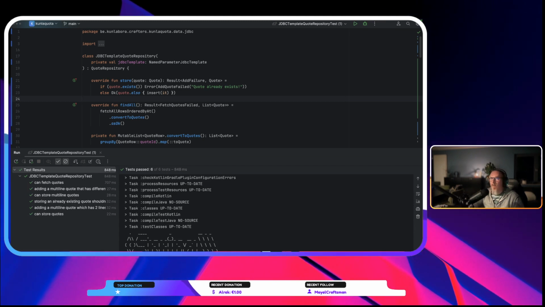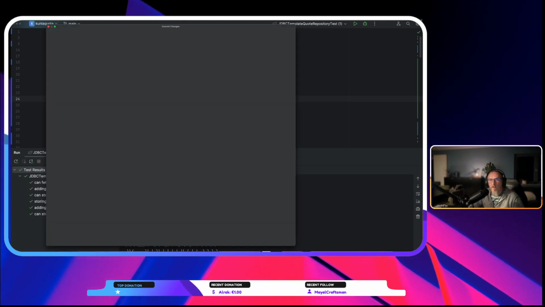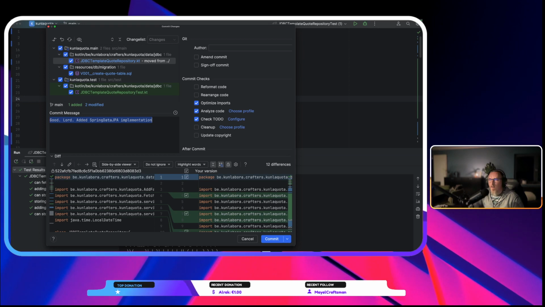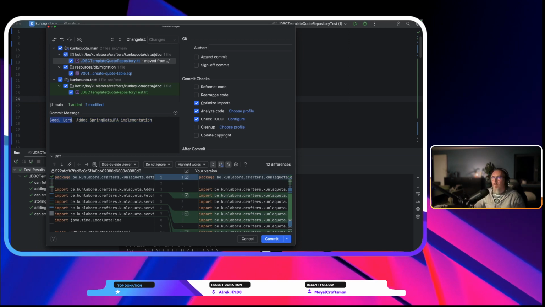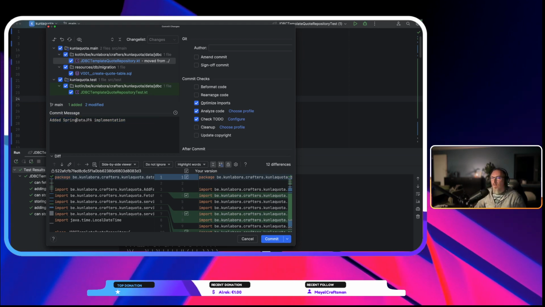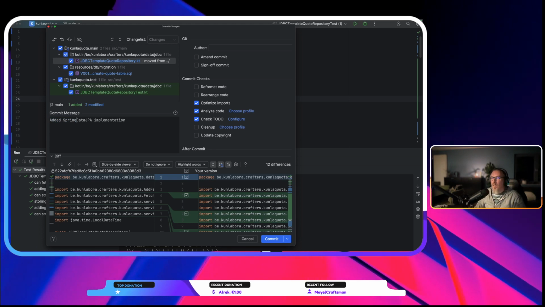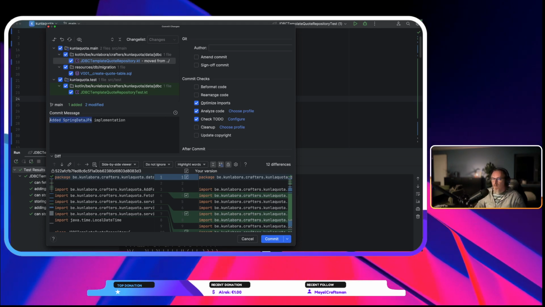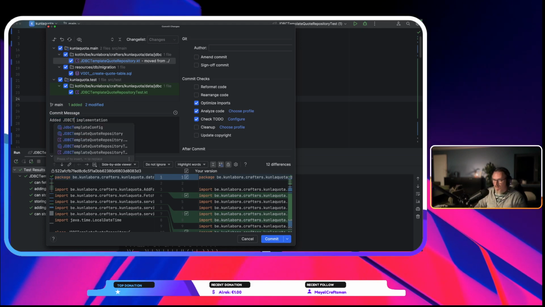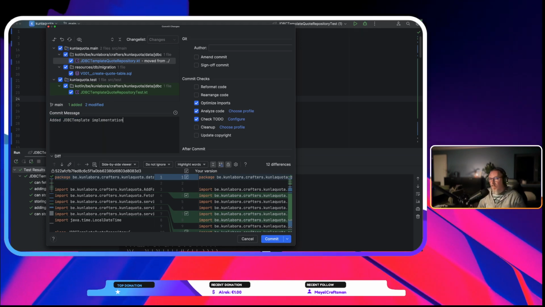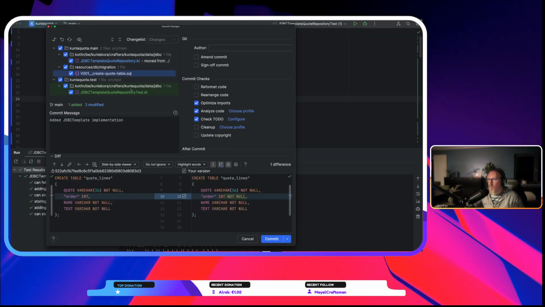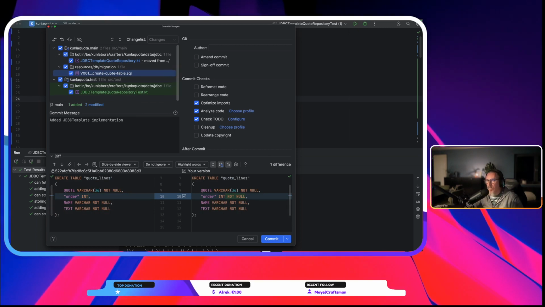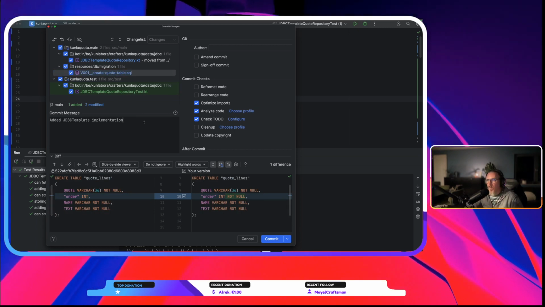Okay, all right. I'm just gonna commit this. So this is added Spring, oh actually not just JDBC template implementation. What did we change here? Oh yeah. So before we commit,